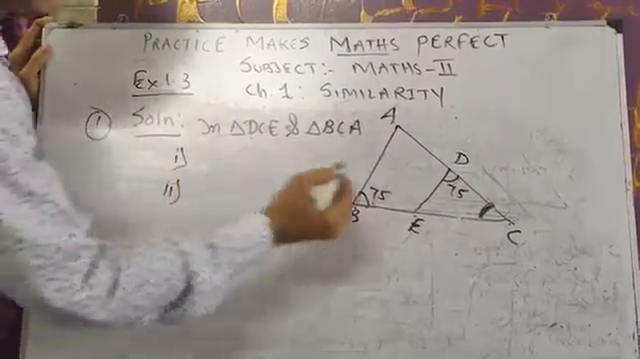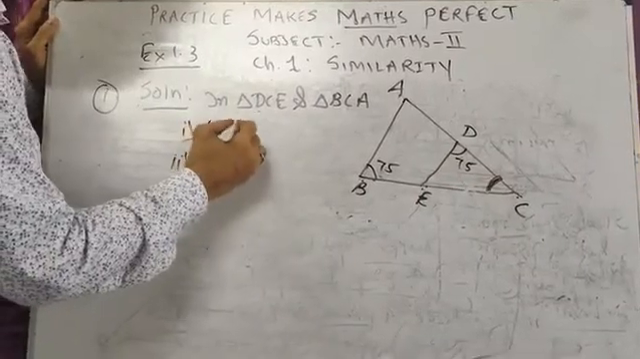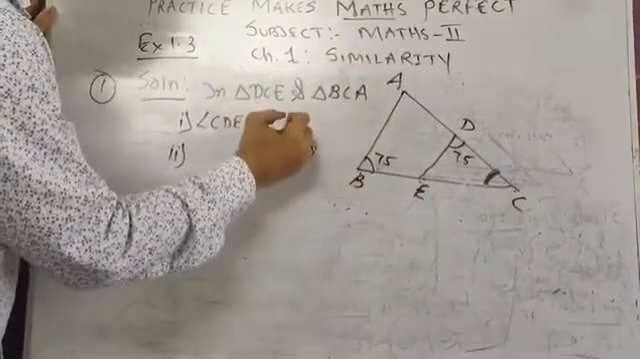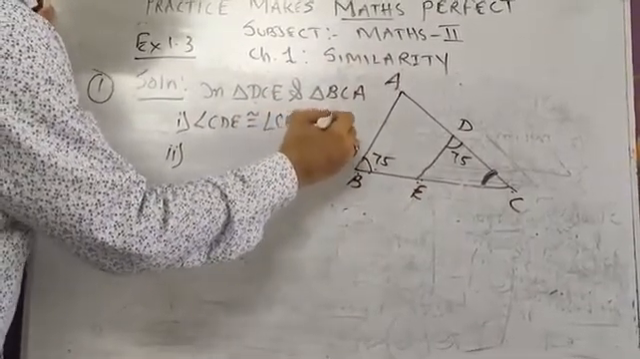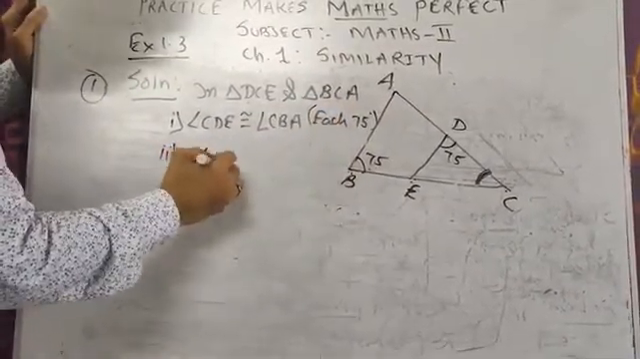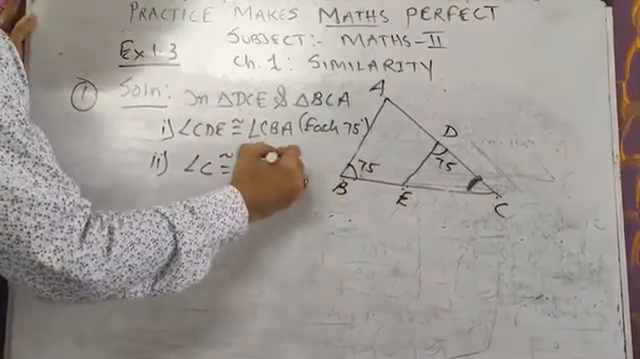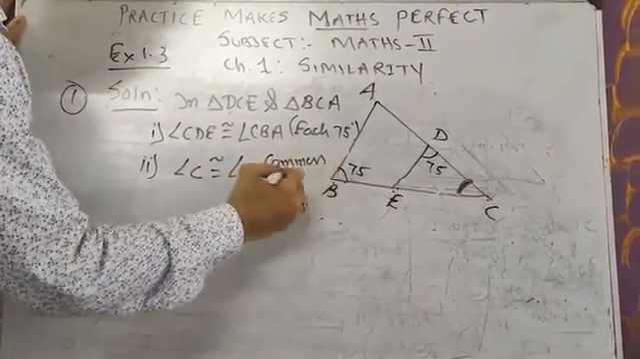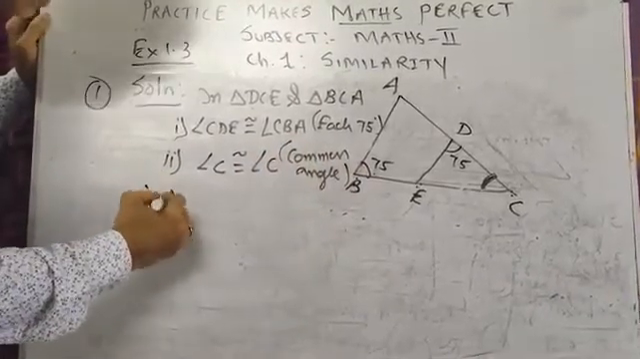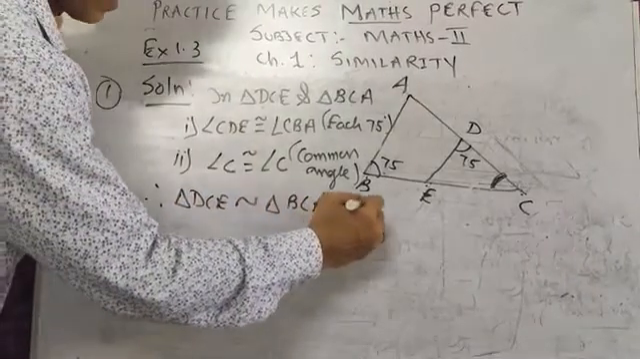Two conditions. First condition, angle CDE is congruent to angle CBA, each 75 degrees. Second condition, this angle C is congruent to angle C, common angle. Two conditions are over, and therefore I will write triangle DCE is similar to triangle BCA by